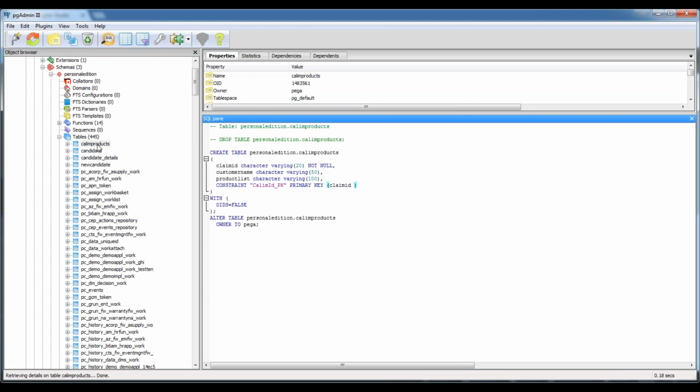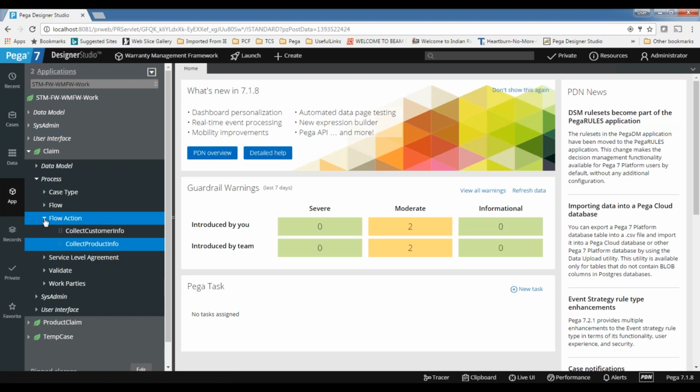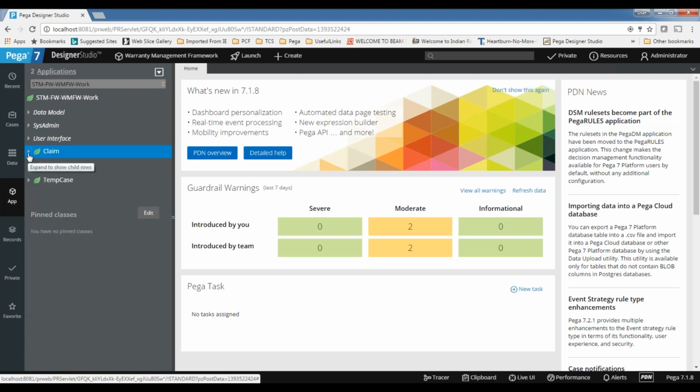So let's say here I have one database table already, claim products. I want to store my data. So here, just for testing, I am taking only three columns. There may be any number of columns. I want to store the claim ID, customer name, and product list he is claiming to the database. So first you need to create the database table, something like this, and then you need to go to the Pega site, and from here you need to map the database table to the class, because Pega won't work directly on the database table, rather it works on the class objects only. That is why we need to map one class to the database table.